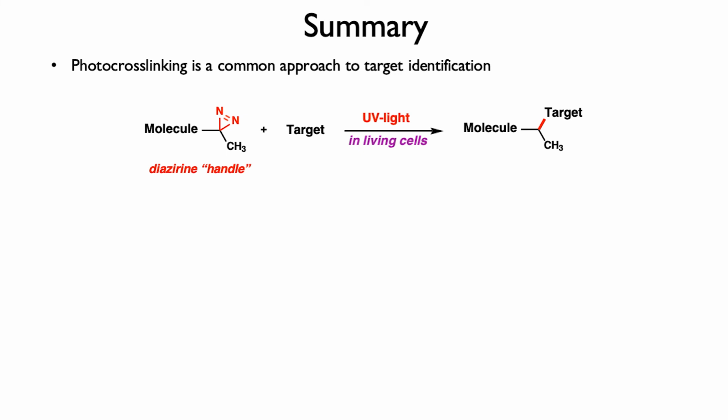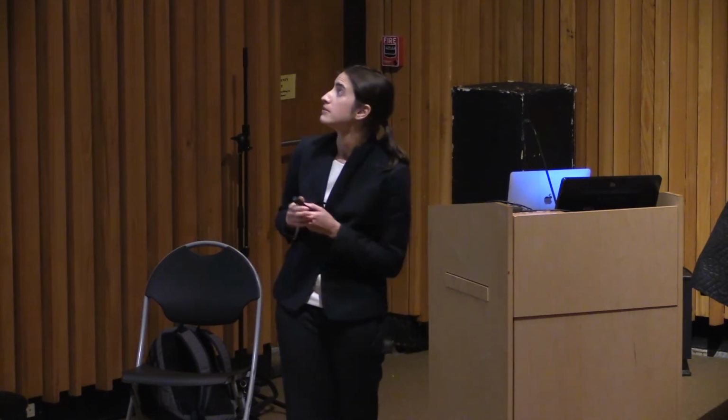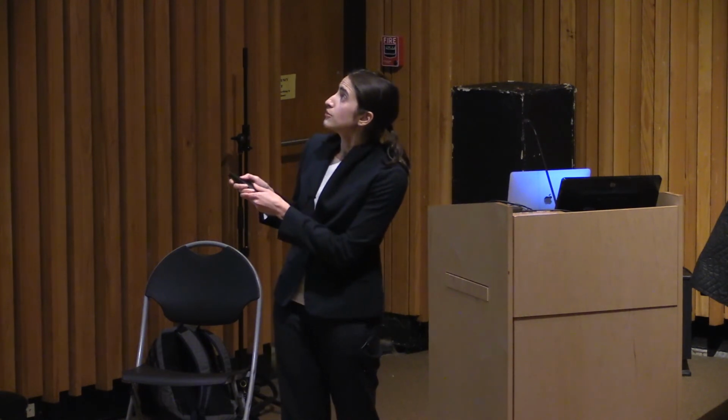So just to summarize, in target identification, one of the biggest challenges is that when you're trying to identify the target of a drug, if you use a method like that was used for thalidomide, sometimes you can accidentally wash your target away. And so it can be really helpful to permanently tether your drug molecule to its target so that that can't happen. And ideally, you can do this in living cells too, which that affinity pull down couldn't be done in living cells, and so you're changing the environment you're studying.